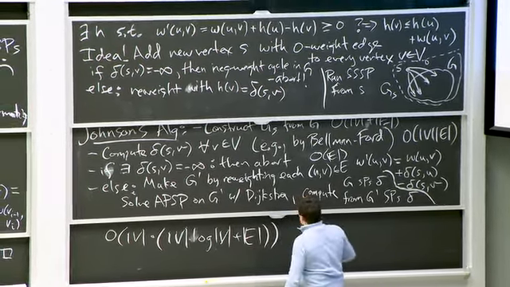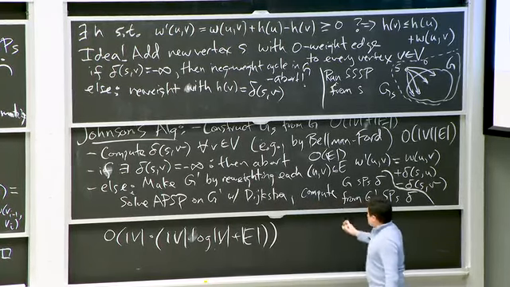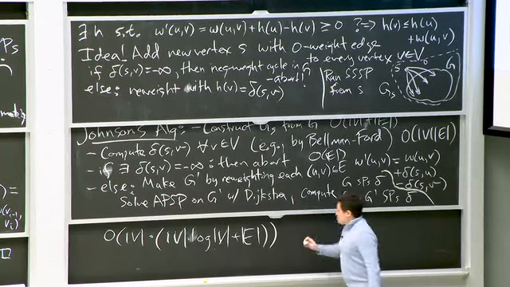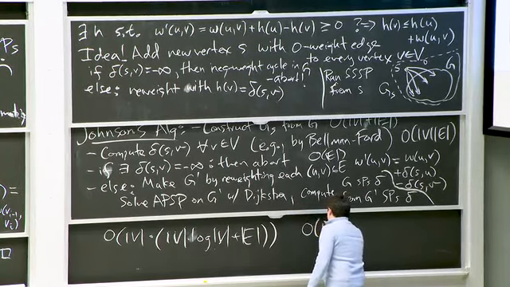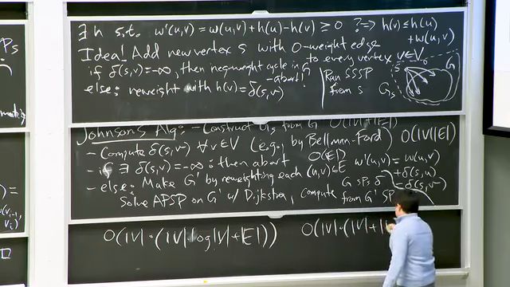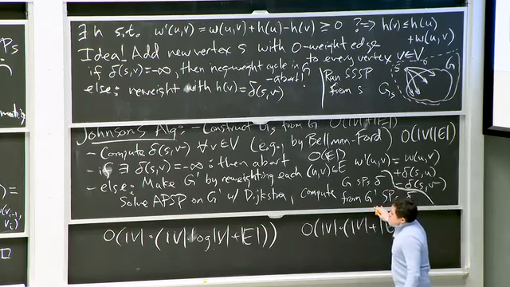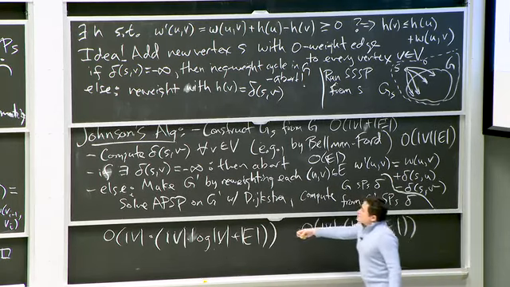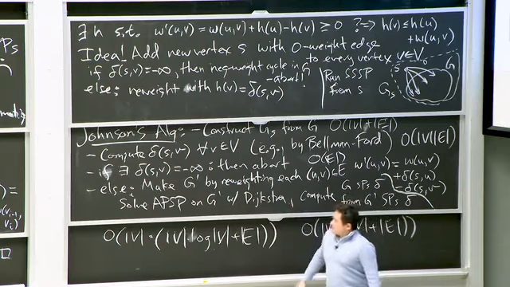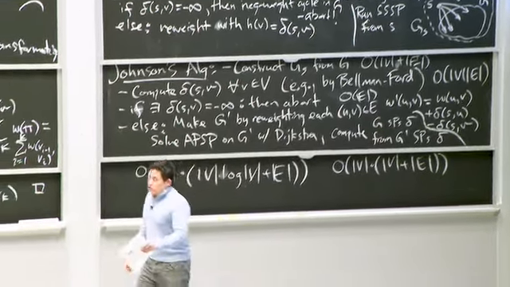Let's make sure we still didn't use even more. After that, we compute these paths, as proved before, in V times V plus E, which is smaller than that, right? And so summing up all of these running times, this one dominates, and so Johnson's can solve signed weighted all pairs shortest paths,